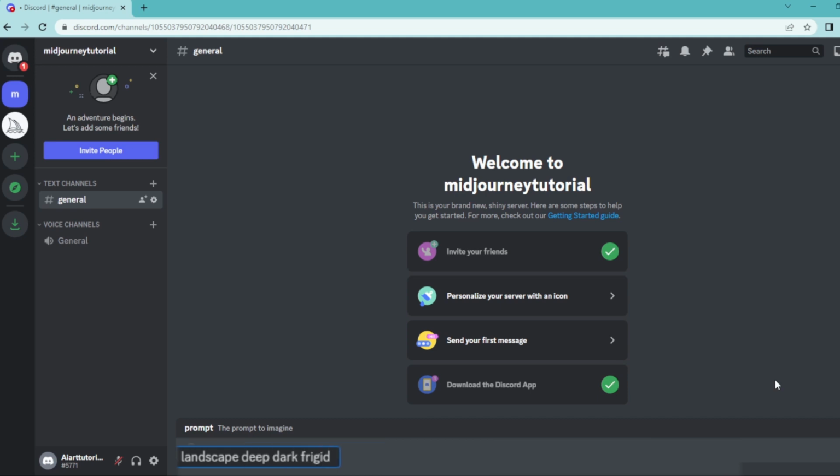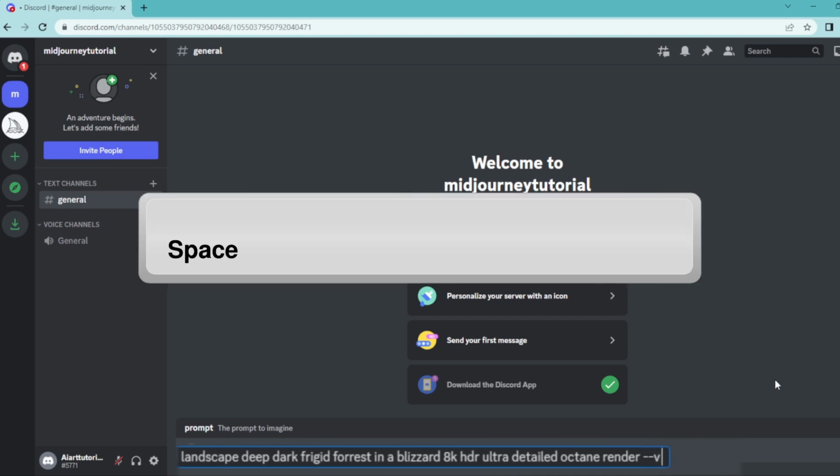And then I'm going to write down my object, which is going to be a forest, but feel free to use other elements from nature such as canyons, rivers, oceans, mountains, seas, etc. And let's add one more adjective. Let's make this photorealistic. And finally, let's hit space once and type down --v and space once again and write